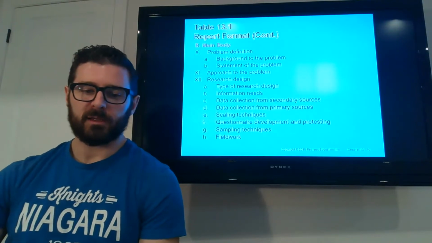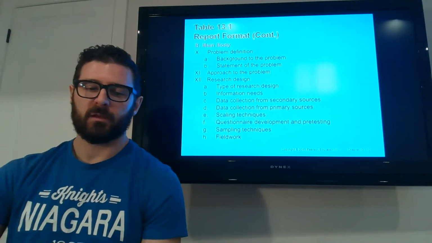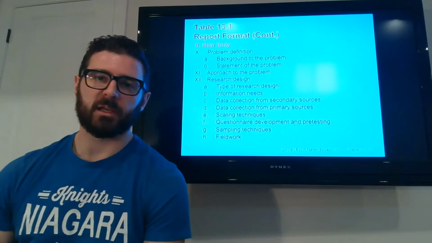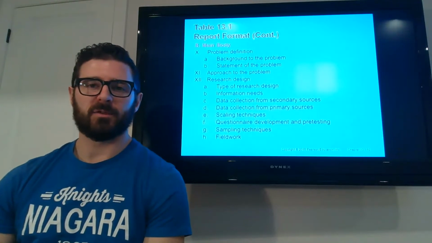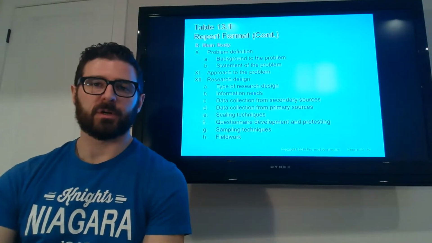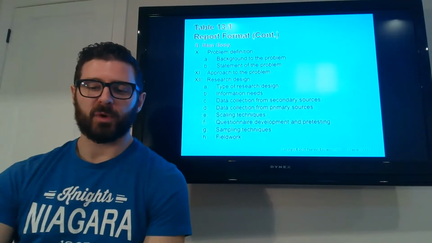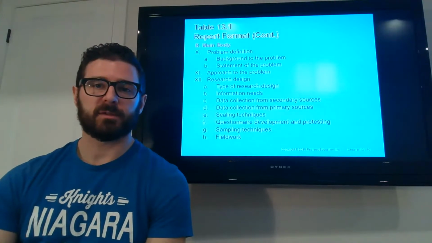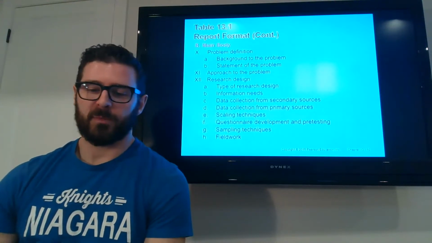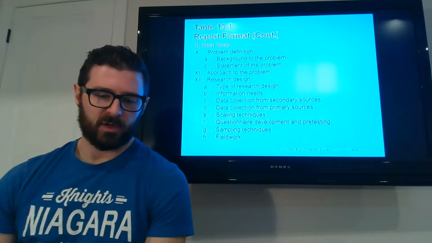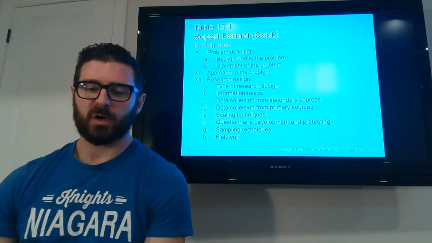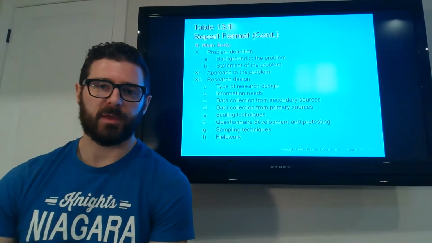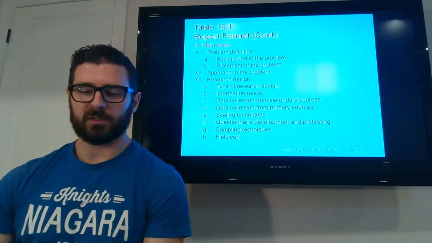Moving into the main body, the problem definition. So the background to the problem, why was this project undertaken in the first place, kind of what led to the need to start this project, and a statement of the problem. So identifying what the actual problem is and explaining that problem. Point number 11 would be the approach to the problem. So how is the researcher approaching the problem, and kind of what methods are they going to use?